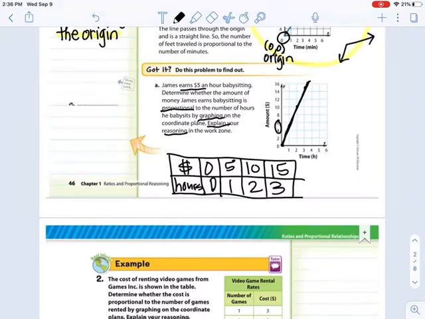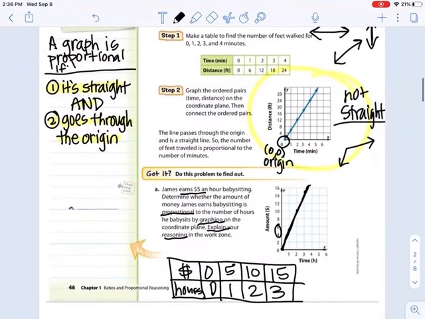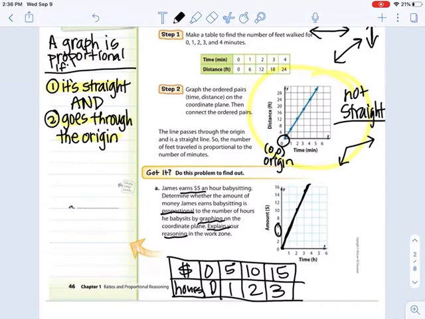So now that we have our graph, we need to determine if it's proportional. So we're checking for two things. We're looking, is it straight? Well, yes, it's straight, okay? And the second thing is we're looking, does it go through the origin? And this is the origin right here at 0, 0. So we would say that our graph is proportional